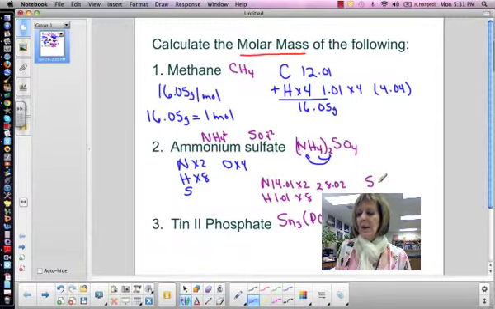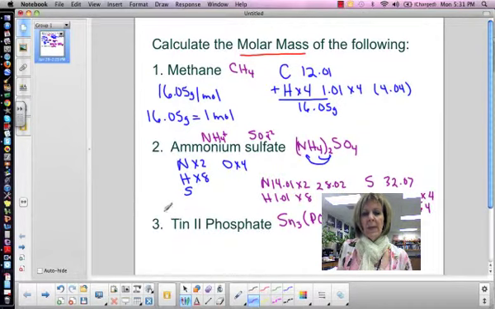Sulfur is 32.07, and of course I'm getting these all from the periodic table. And then oxygen times 4, so that's 16.00 times 4, which is 64. Then I add all of these numbers up, and I get for the molar mass of ammonium sulfate